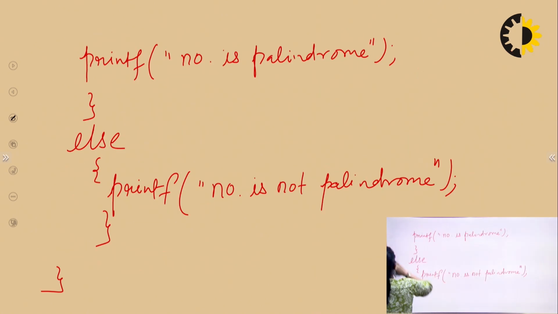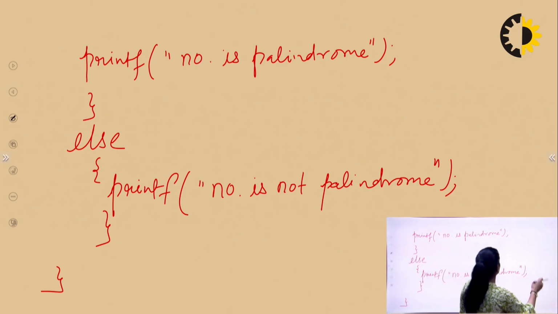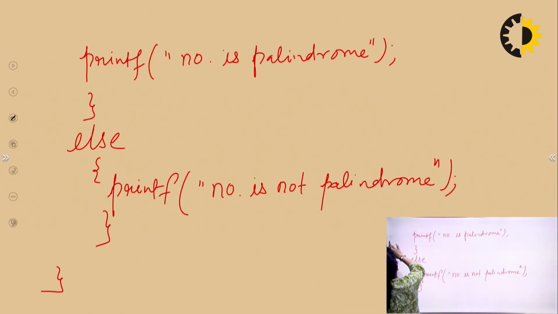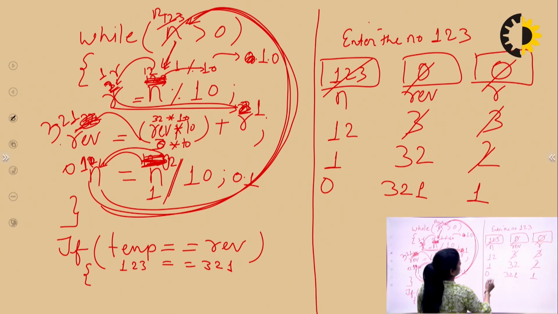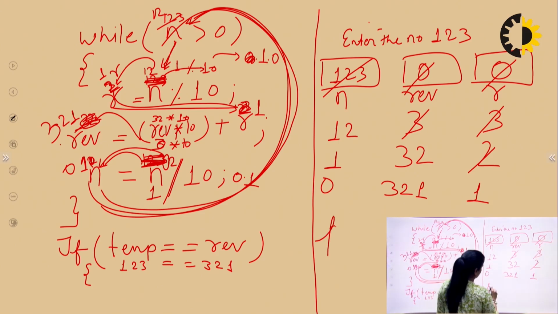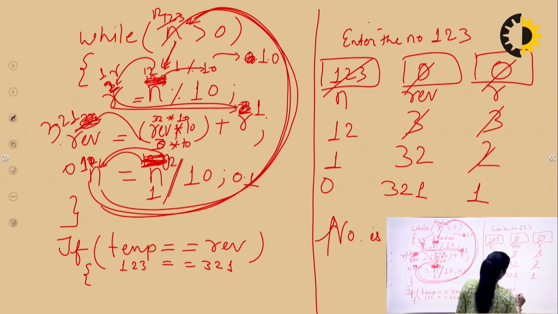That is the reason here compiler will be print come to the this line because condition goes the false and compiler control come here the else and now print the number is not palindrome number. Number is not palindrome number. Okay. So here print the number is not palindrome.